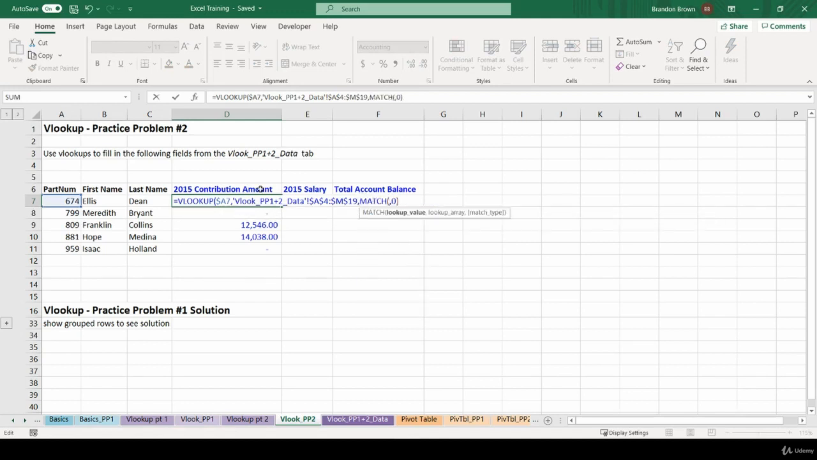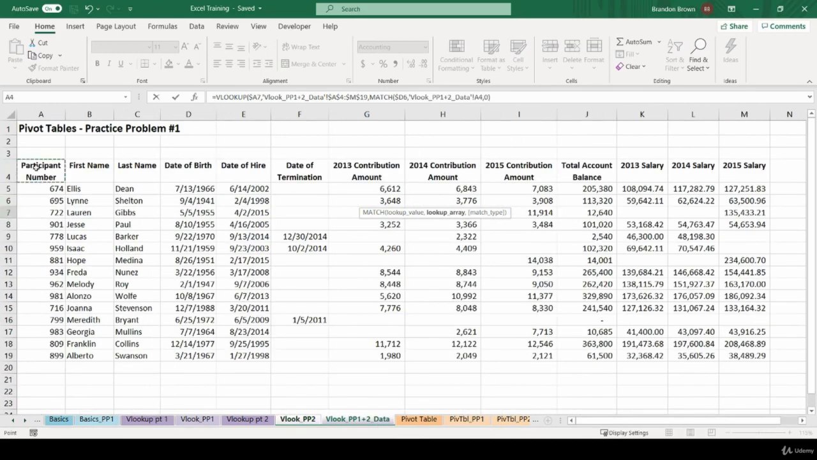And I'm going to match our column header here, 2015 contribution amount, in our data. And you have to start on this left column, otherwise it's going to throw everything off. Go over here, make sure you go all the way till 2015 contribution amount, and I'm going to go even further. F4 to lock it in. Then of course we want an exact match. If I do that,